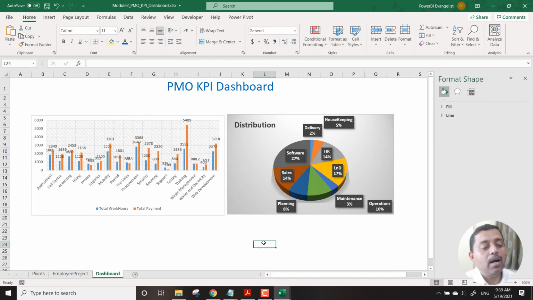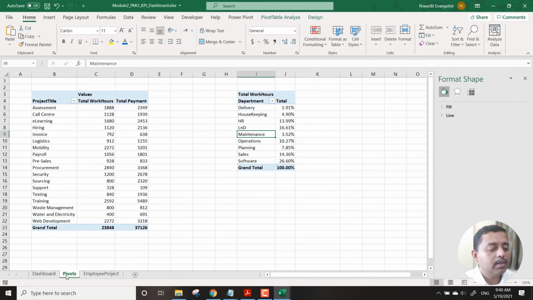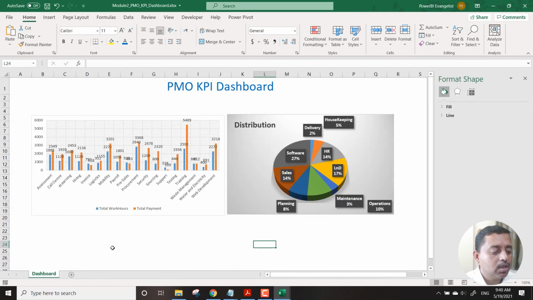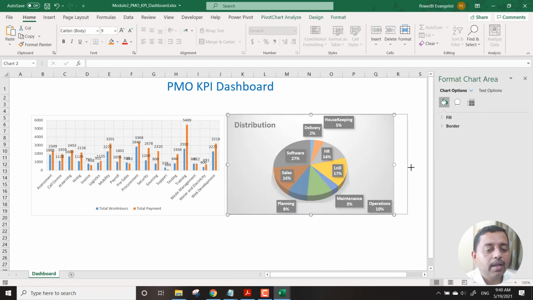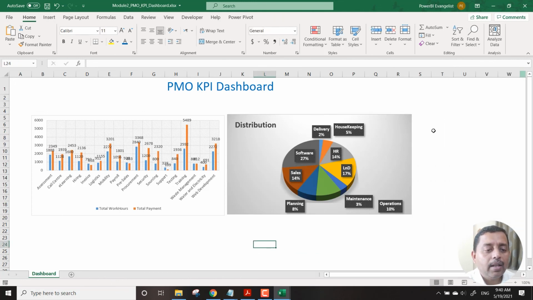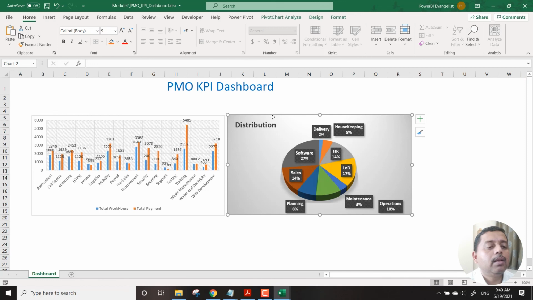But the major part was the interactivity part of this. So how the interaction happens. So I saved this. This is supposed to be the first sheet. And now I can freely hide this chart and hide this sheet also. And I just have my dashboard over here. So now I have got the data distributed over here. And then we bring in the concepts of slicers for doing this kind of thing.